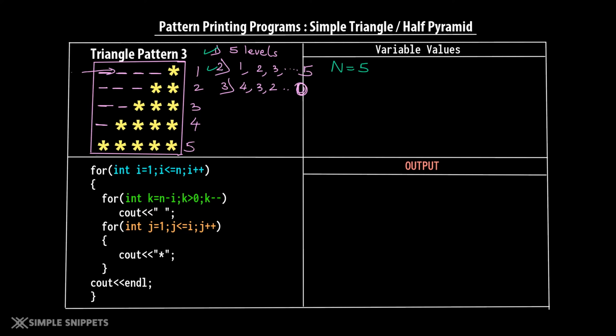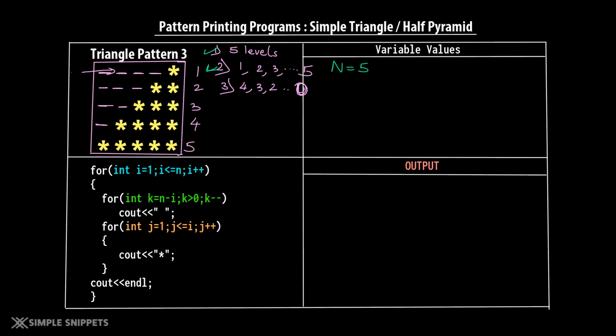So at the end, that is the last level, the last iteration, the number of stars is going to be equal to the number of the level, right? In fact, at every iteration, the number of characters or number of stars is going to be equivalent to the number of the level. So we will require one more for loop which would do this printing, that is printing the star and incrementing at every iteration. Correct? So printing the star 1 time for the first level.